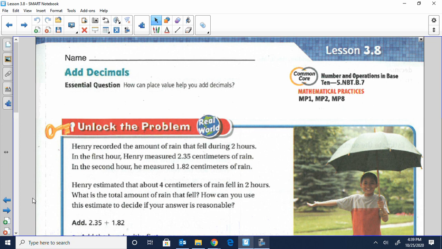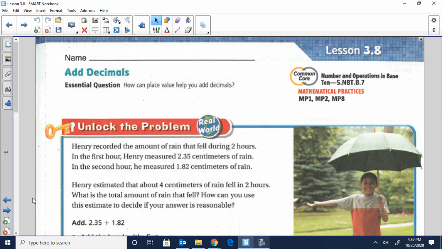Welcome, students. Today we're doing lesson 3.8, adding decimals. The key to adding decimals or subtracting decimals is to make sure that you line up the decimal points. When you line up your decimal points, you are lining up the place values. So you're lining up the ones, the tenths, and the hundredths places so that you can add the correct place